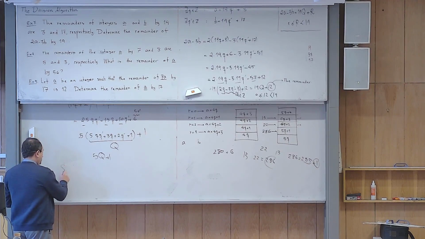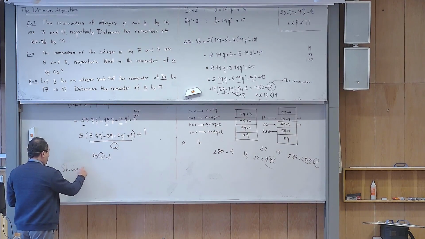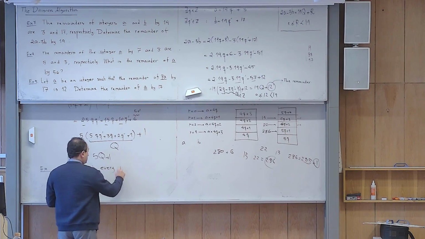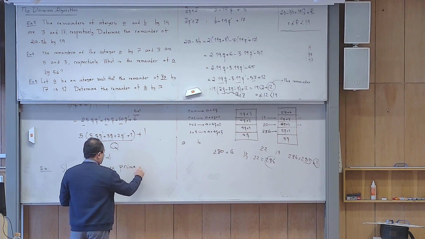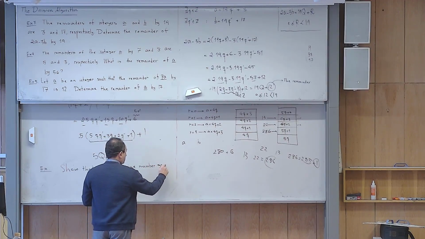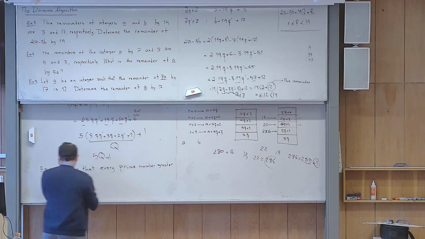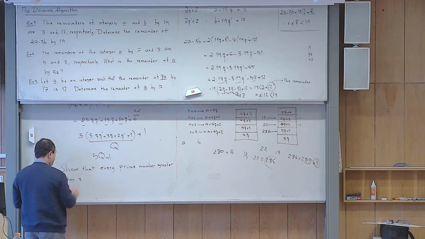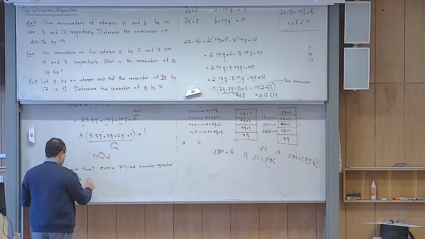Show that, this is a very important example, show that every prime number greater than 3 is either